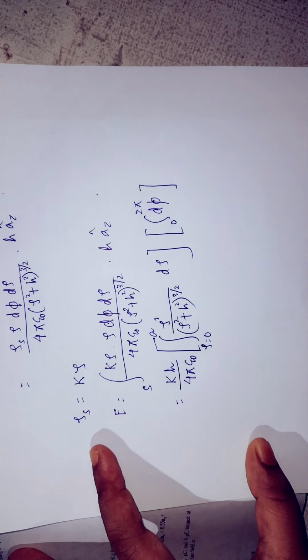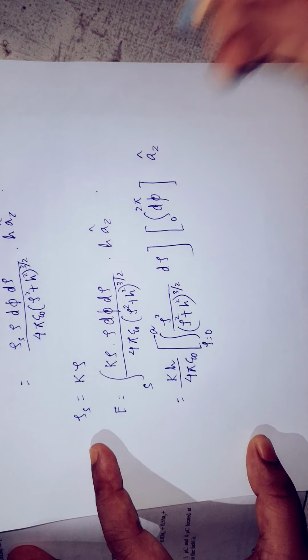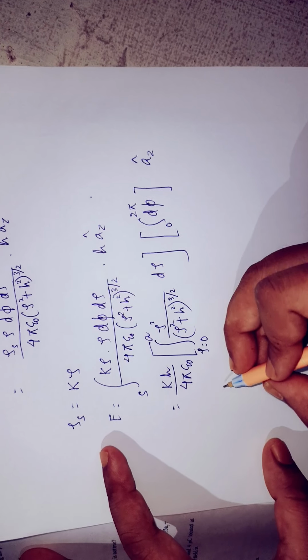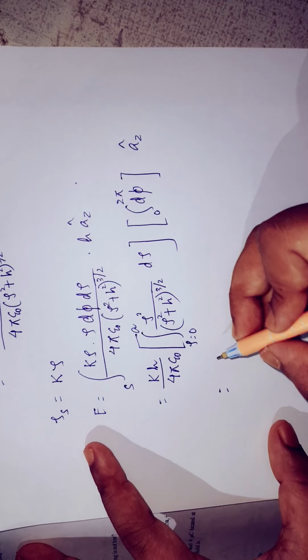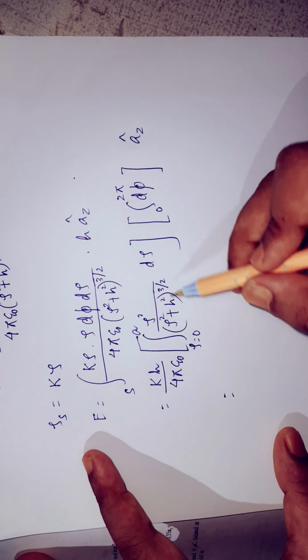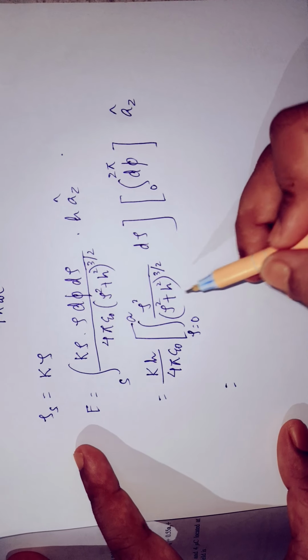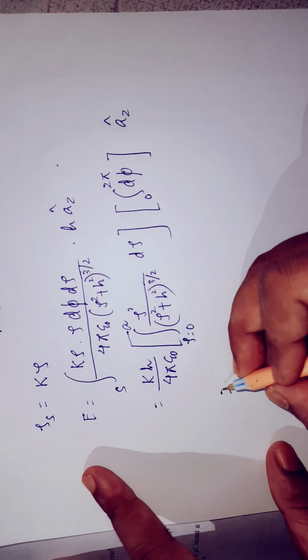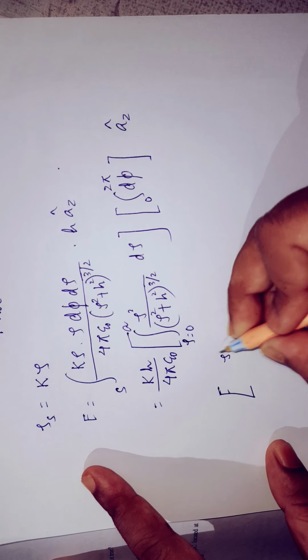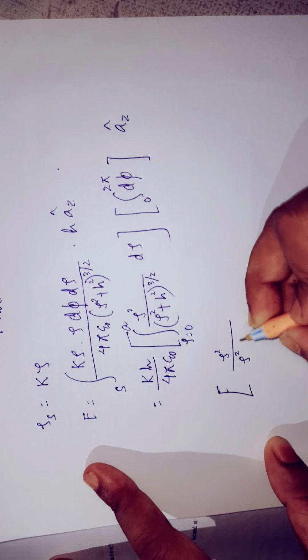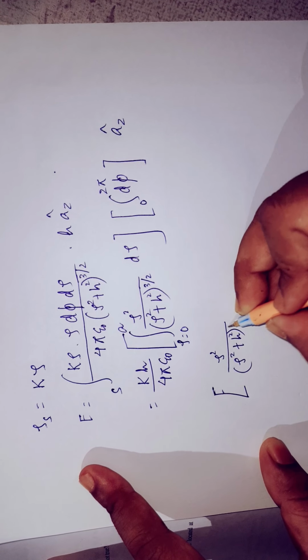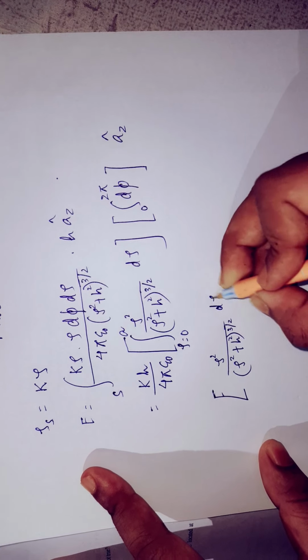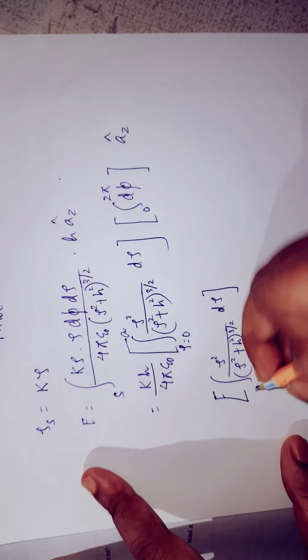And this is h that I can write over here, in the a z cap direction. Then next, let me calculate this. Well, this is a pretty easy integration. Let me integrate it for you separately: rho square by (rho square plus h square) whole to the power 3 by 2 d rho,